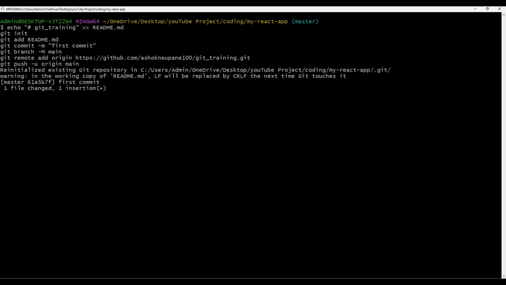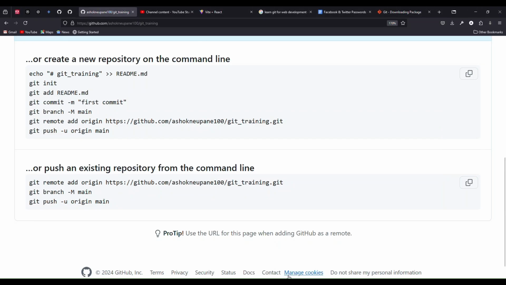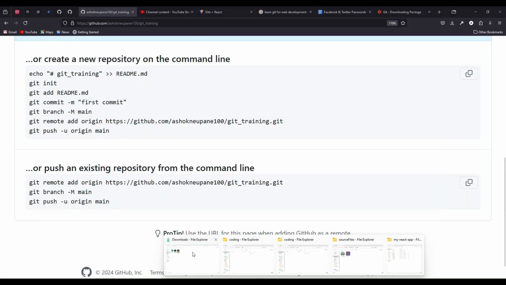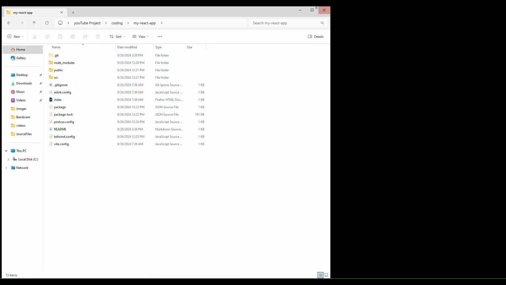Yes, it is done. Now it has pushed all those things to your GitHub account. You can see the things here.